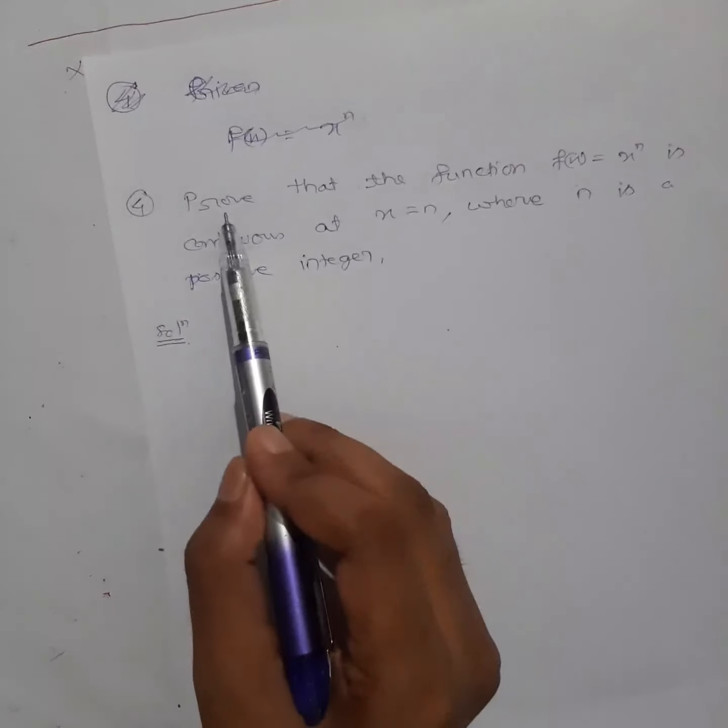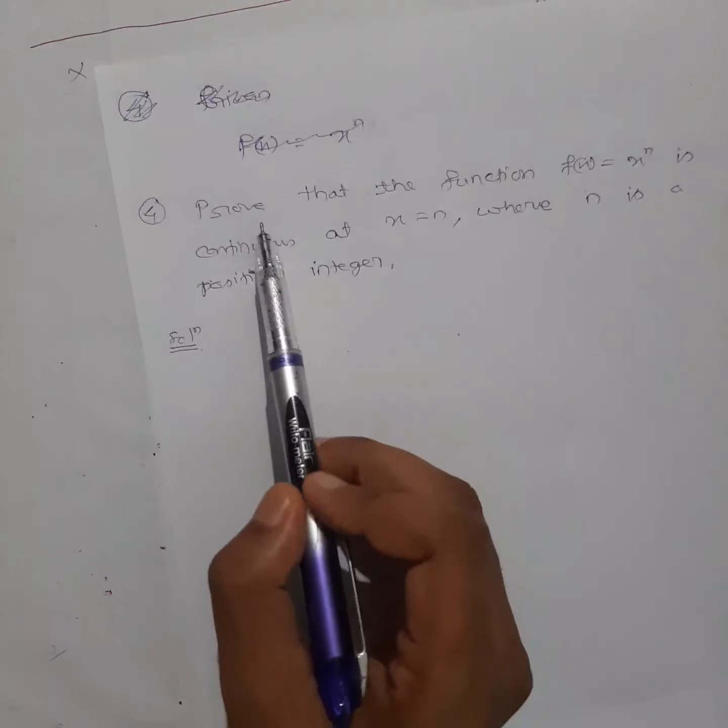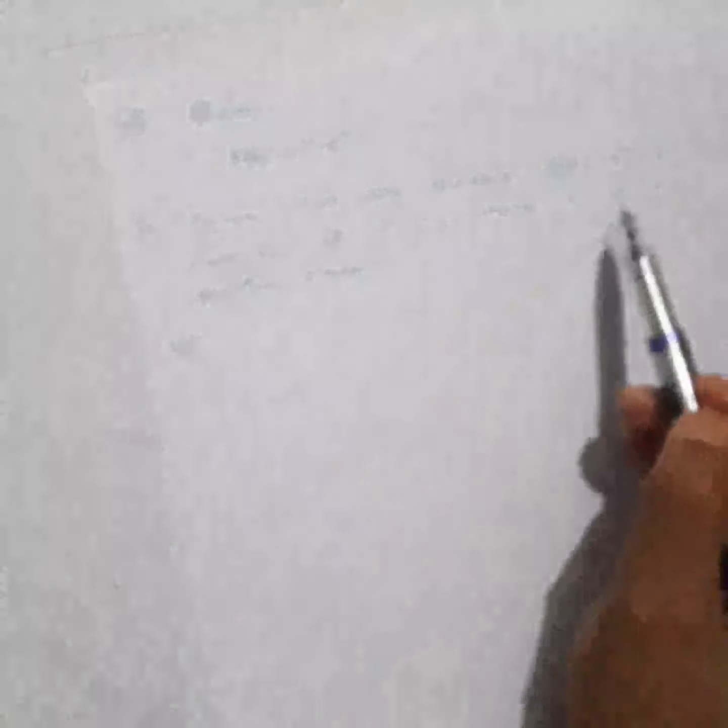Okay, next is question number 4. What it says: prove that the function f(x) equal to x to the power n is continuous at x equal to n, at a particular value again, right? Now this value is also a general one. So at x equal to n, I have to check whether the function is continuous or not, where n is